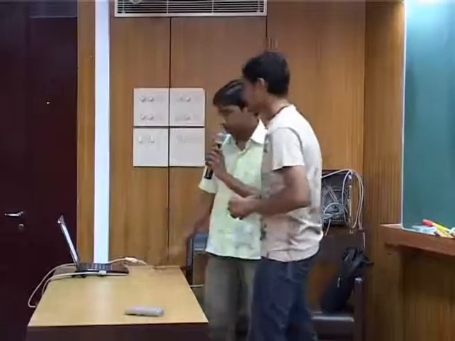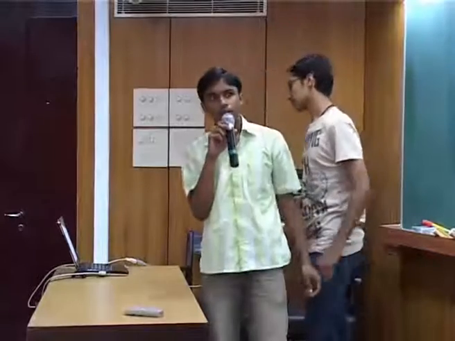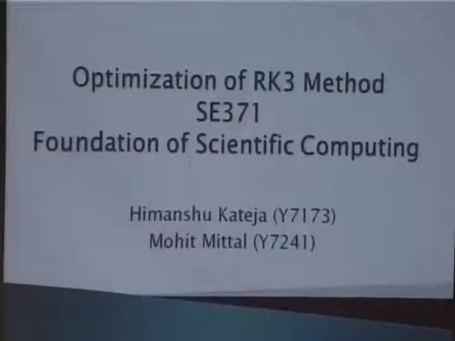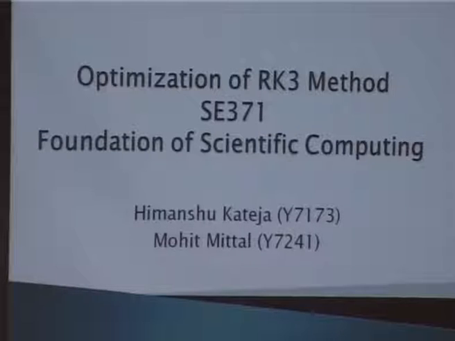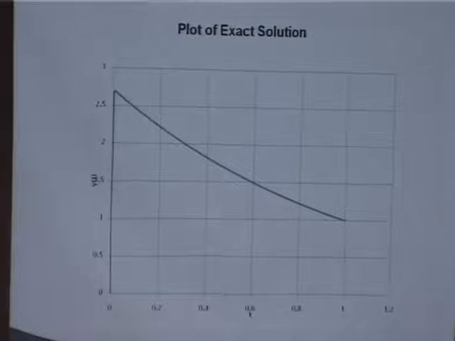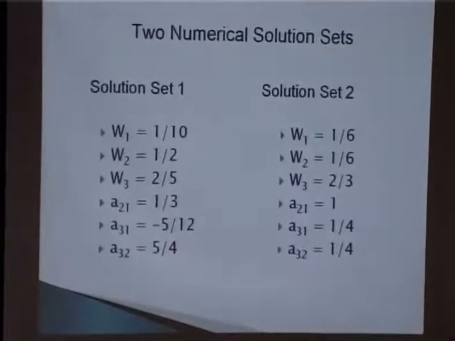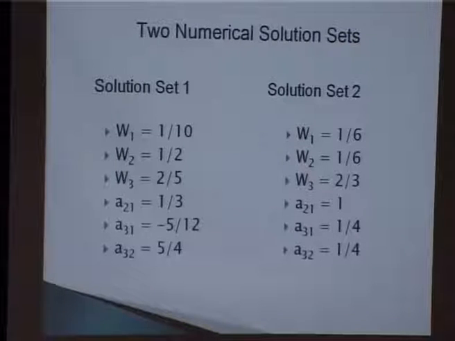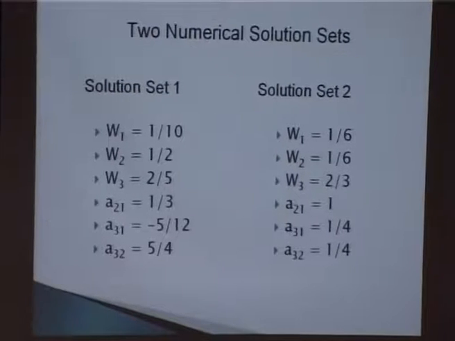Well, the problem that we had was a second order differential equation with boundary values, and we had to optimize the RK3 method for the computation of the numerical solution at various values of t. Now again, while solving the equations, we get three sets of solutions. In one of which a21 comes out to be 2 by 3. When you put a21 equal to 2 by 3, then by the other equations you find that the system becomes inconsistent. So that value can be neglected.